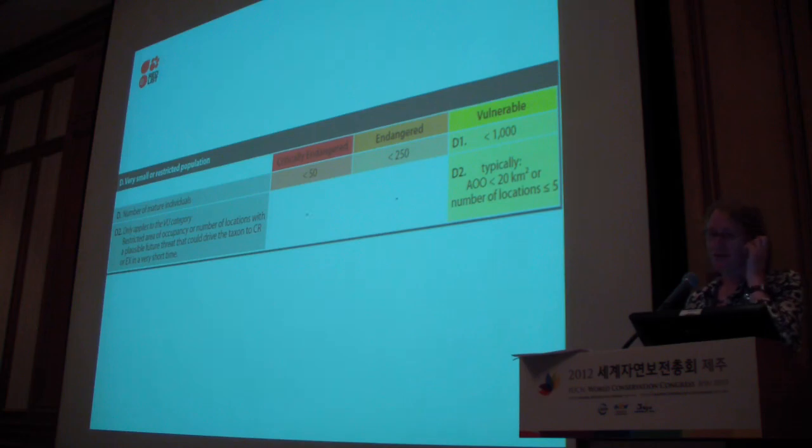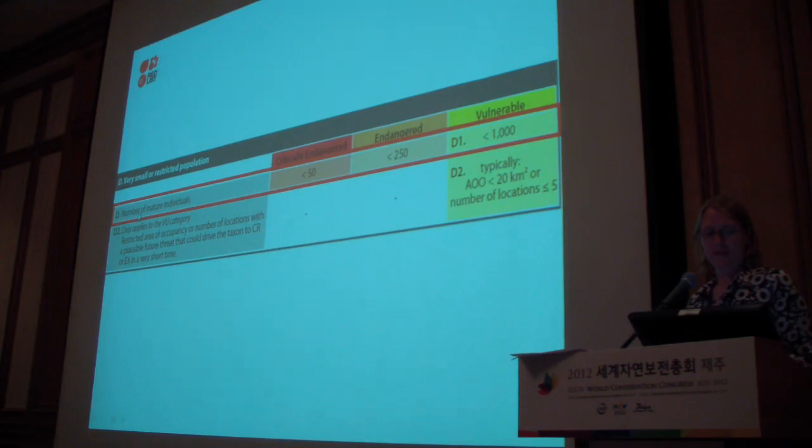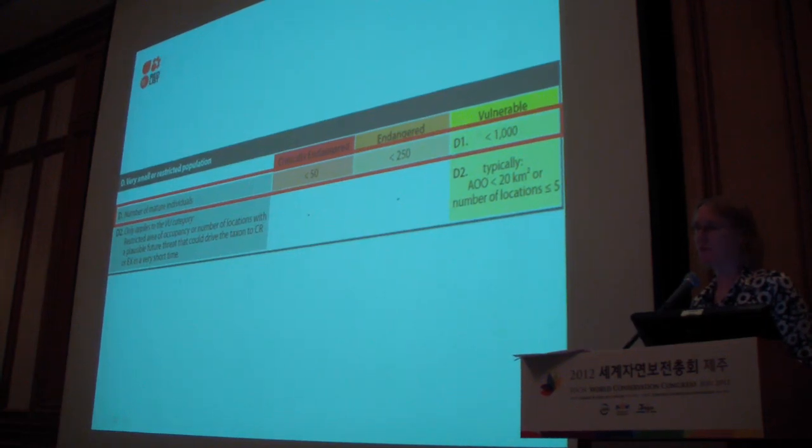Okay, so I'm going to show you what you can see in front of you on the summary sheet. You can see the row that I've highlighted. This refers to criterion D or D1. And you can see that D1 and D2 actually apply only to the vulnerable category. I did say it's an odd criterion. I think originally, I wasn't involved in